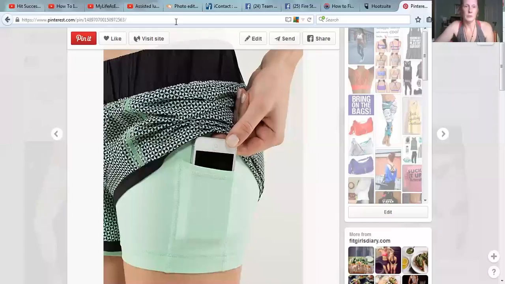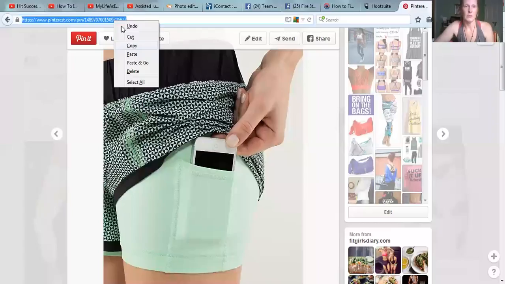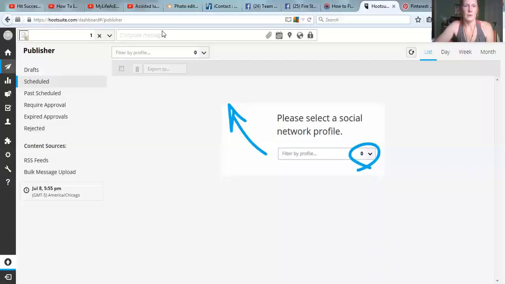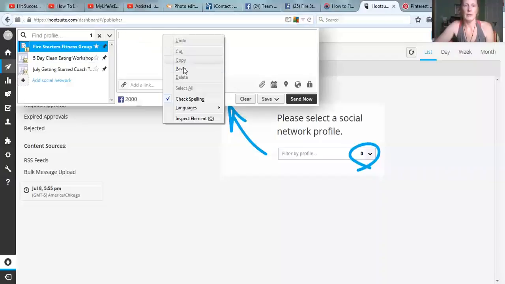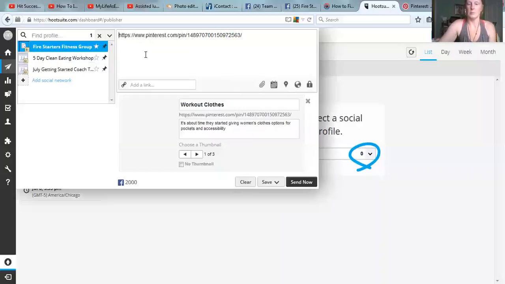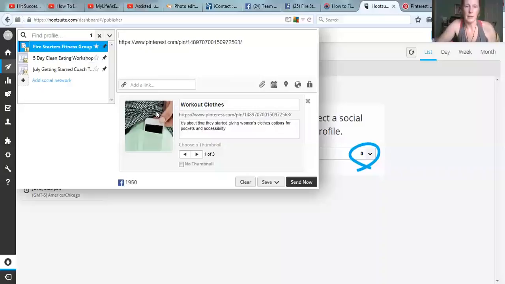I'm going to come over to Pinterest because I've already picked out what I want to post. And we were talking about having a special spot for your phone. So I'm going to go ahead and paste the link, which should populate down below. Okay, and you'll see it populated a link here. It's going to give me 3 different pictures to choose from. So I'm going to pick this one because this shows the whole thing. And then just make a little note of what I want to say, which is